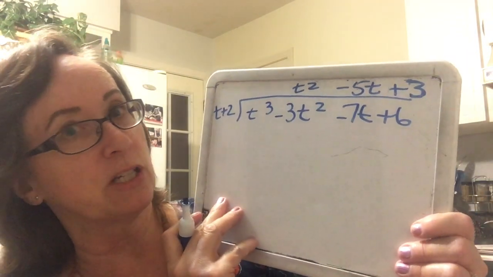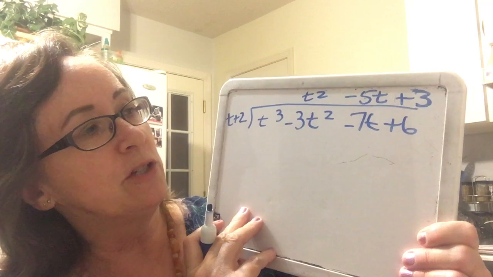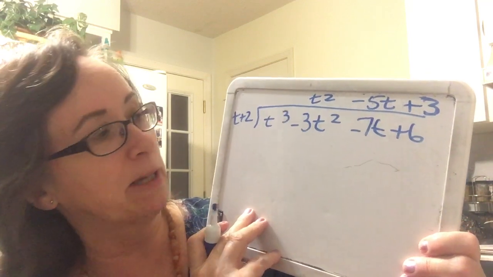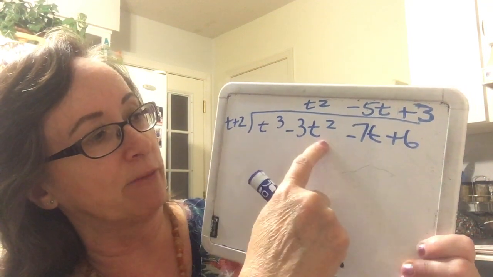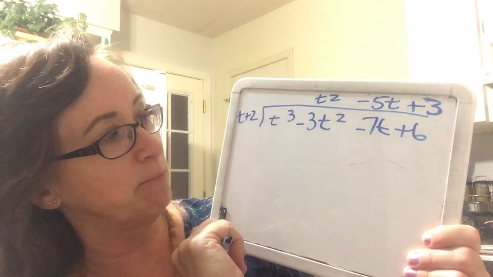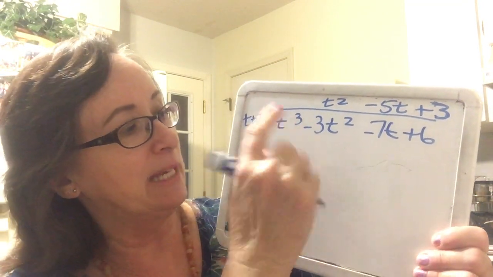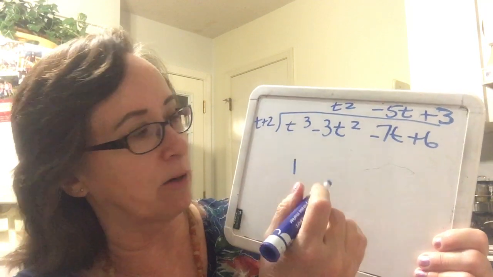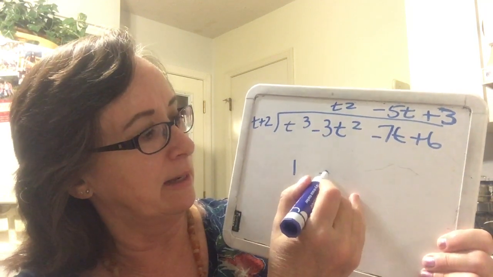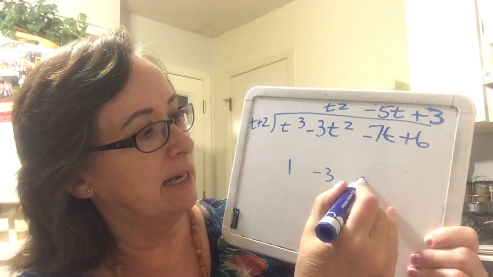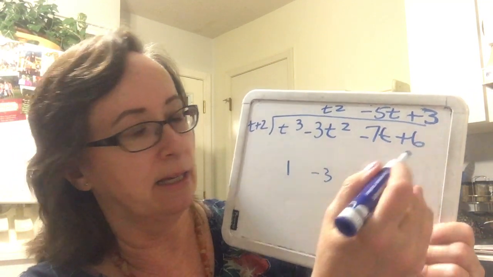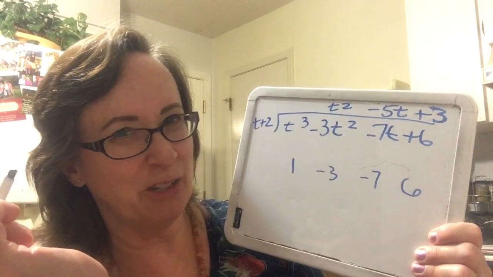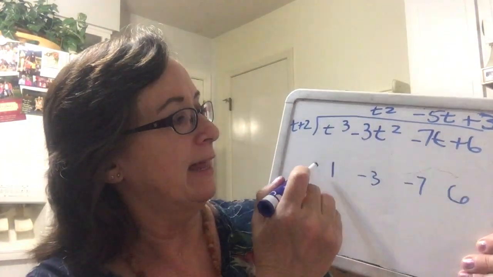Synthetic division is a little shortcut. To use synthetic division, we must first make sure that we have everything in descending order with nothing missing. And t cubed would be just 1. We only write down the coefficients: 1, -3, -7, and 6. So all I have to do is write down the coefficients. Then